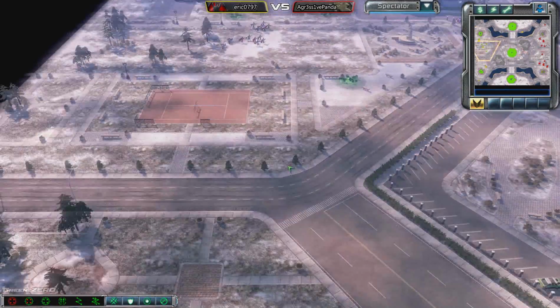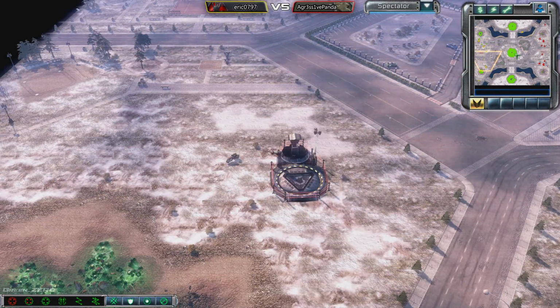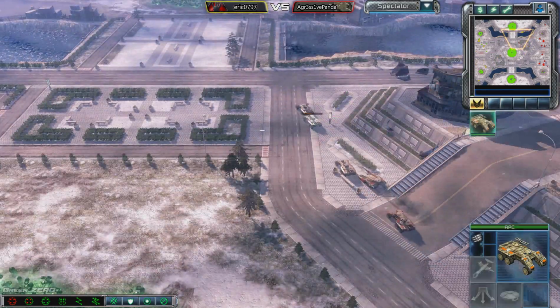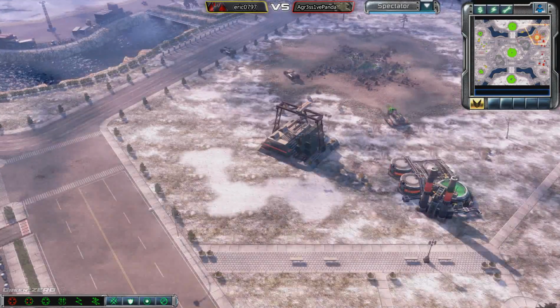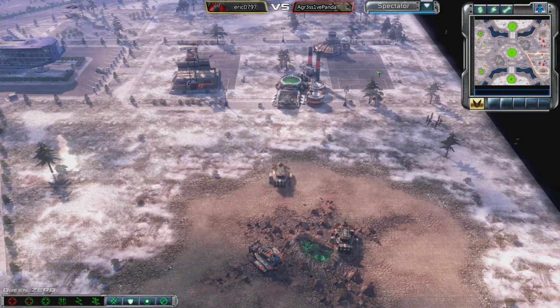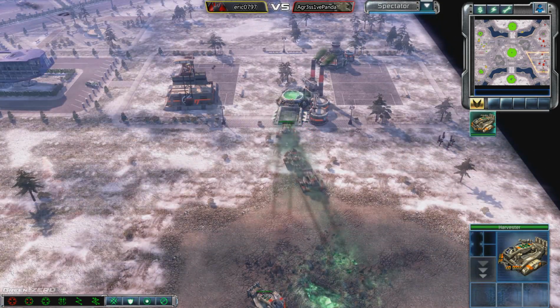So there you go. He's got Tibcore, so if he constructs enough bikes and he micros with them, he can focus down some of these units. The APCs will have a pretty hard time trying to destroy those bikes if they keep moving. But Agr3ss1vePanda here, some of these harvesters, that harvester for sure is not moving,